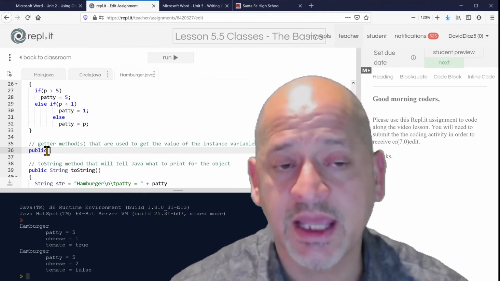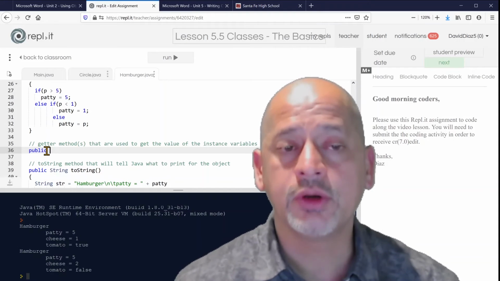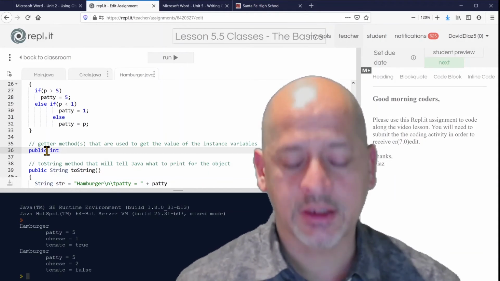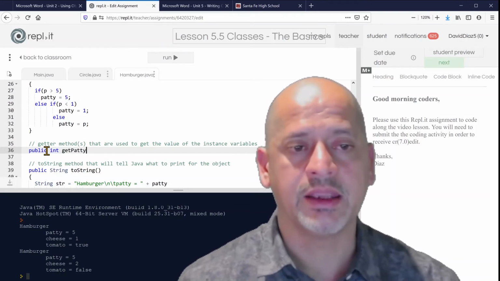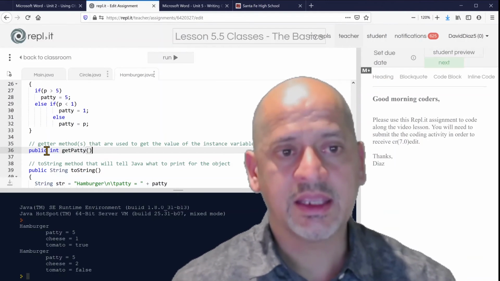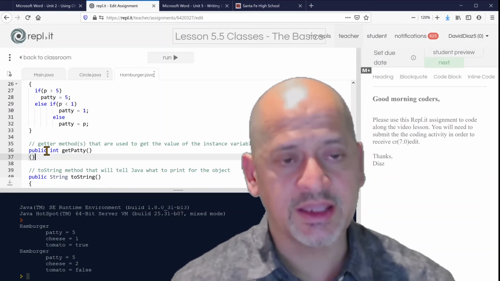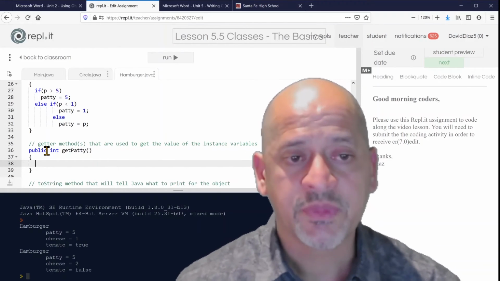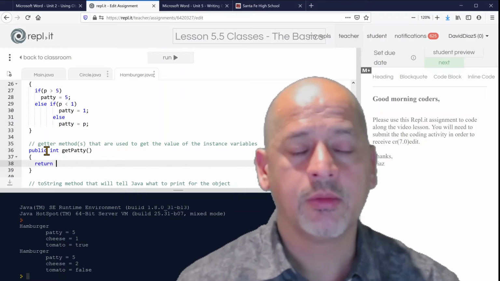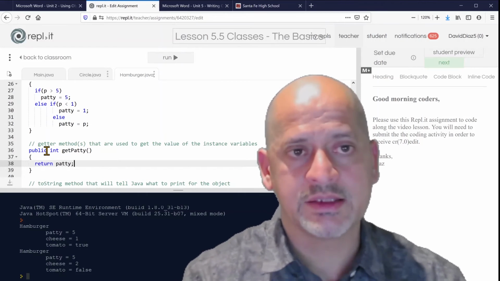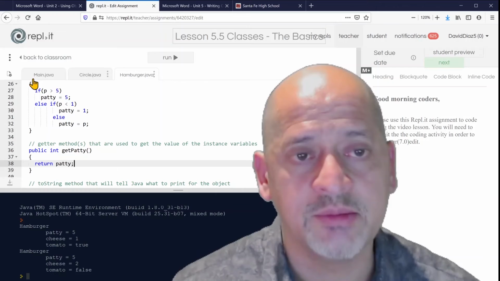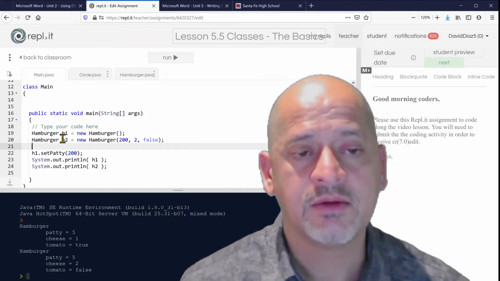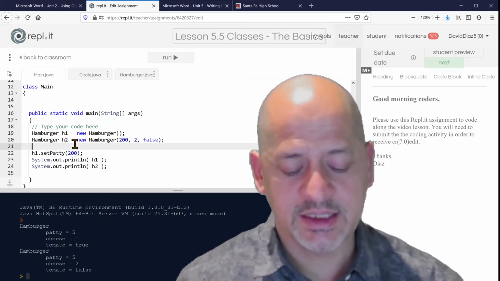It's going to be a non-static. It's going to return an integer, so it's not going to be void. It's going to be called get patty. Not taking any parameters, it's just going to return. And the only purpose of this method is to be able to return patty, the number of patties. So therefore, outside the method, if I want to be able to find out the number of patties for H1, I can say